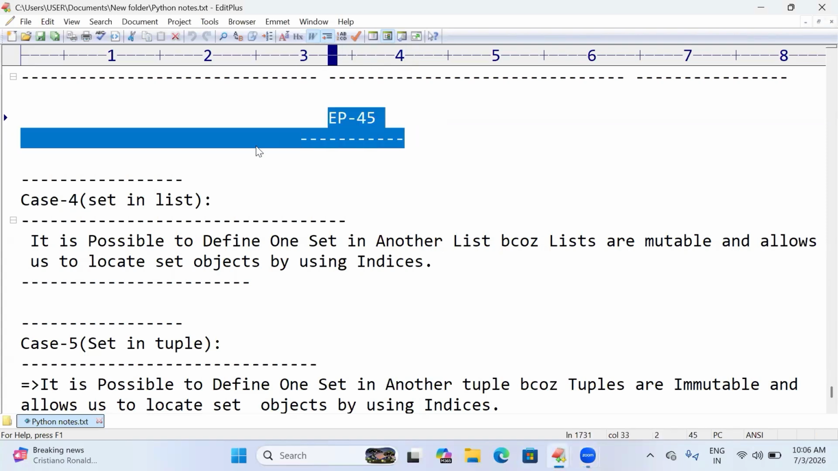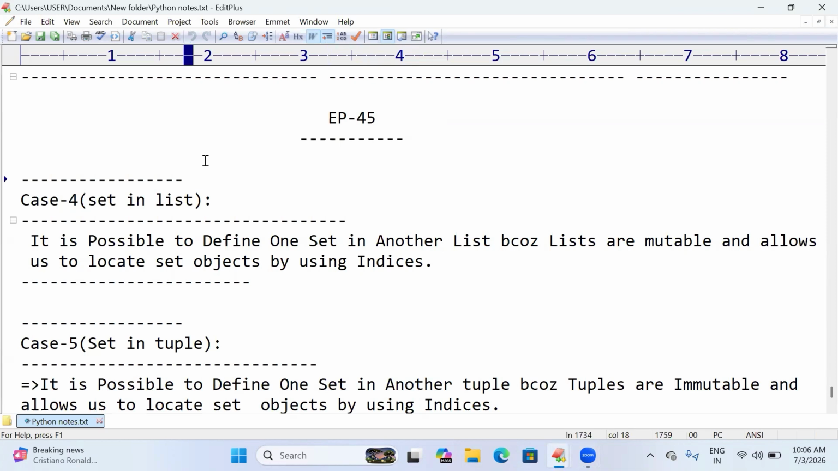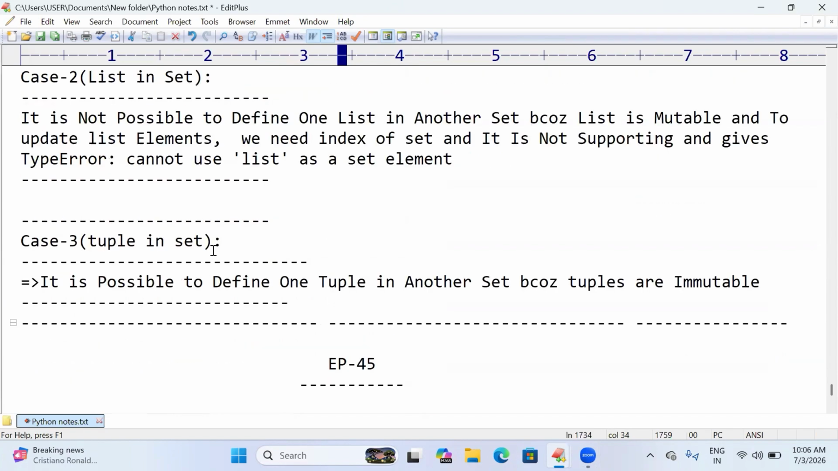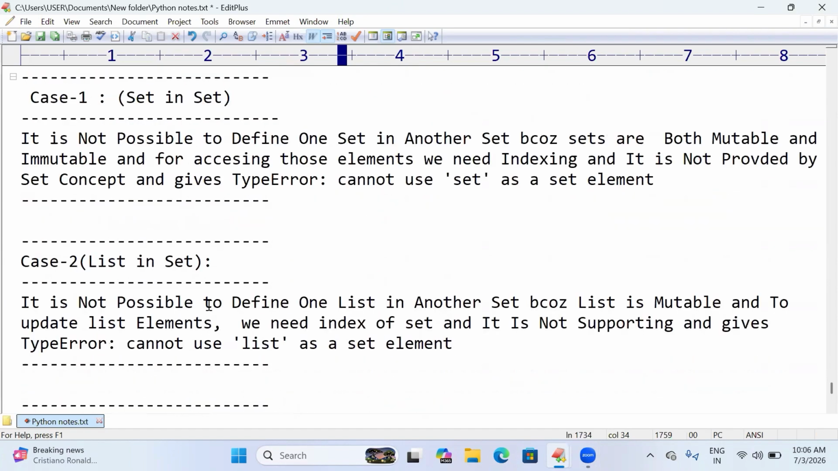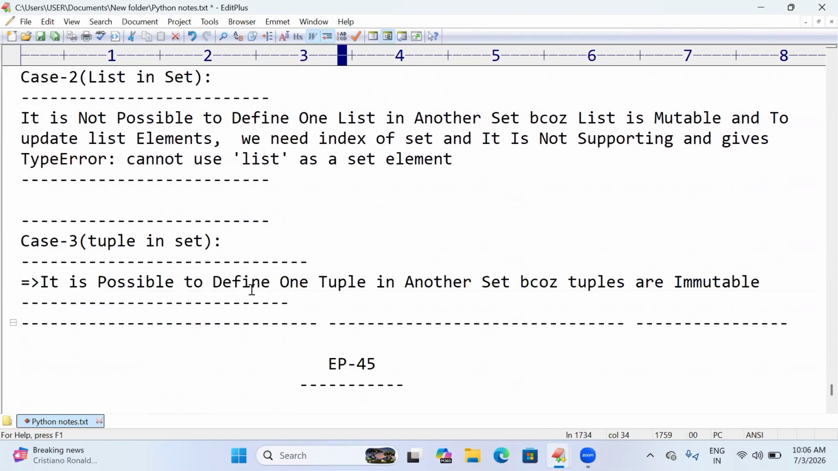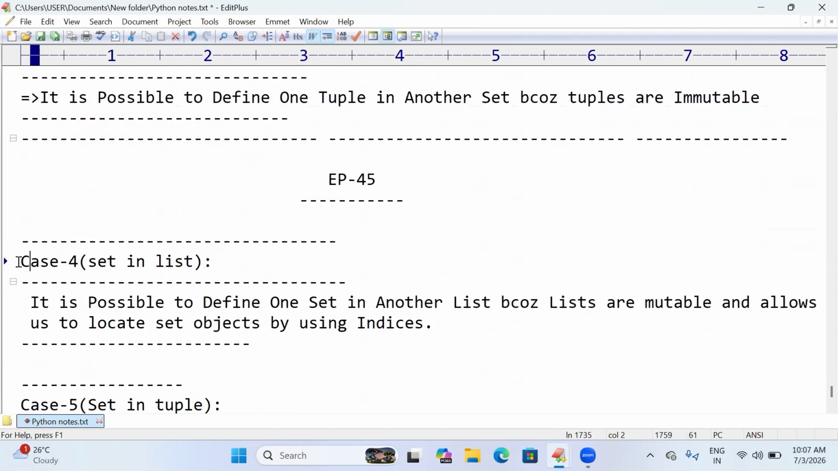In today's episode, we are going to discuss the combinations that we have in the set data type, combinations with other data types. In the previous episode, we discussed three cases, that is set in set, list in set, and tuple in set, right? In today's episode, we are going to discuss case 4, that is set in list, in the sense a